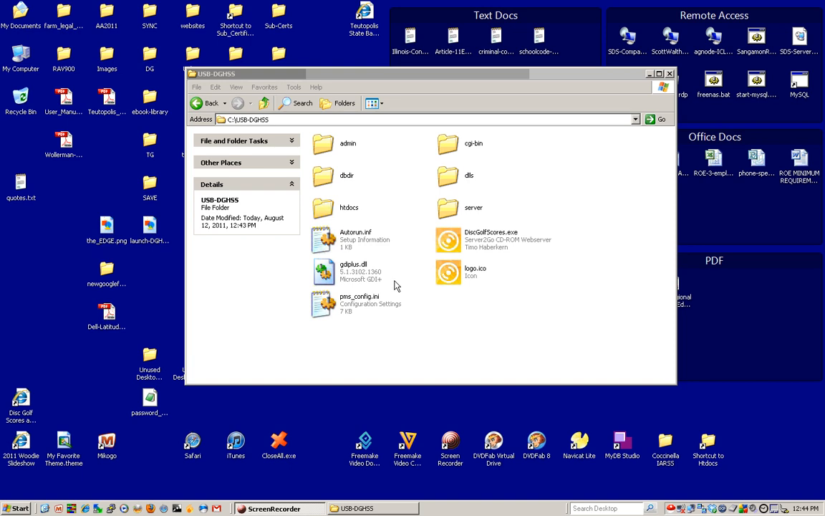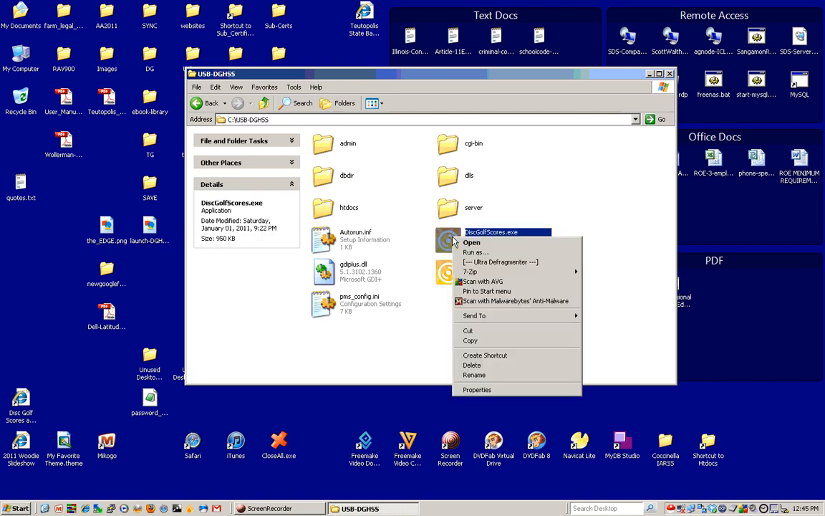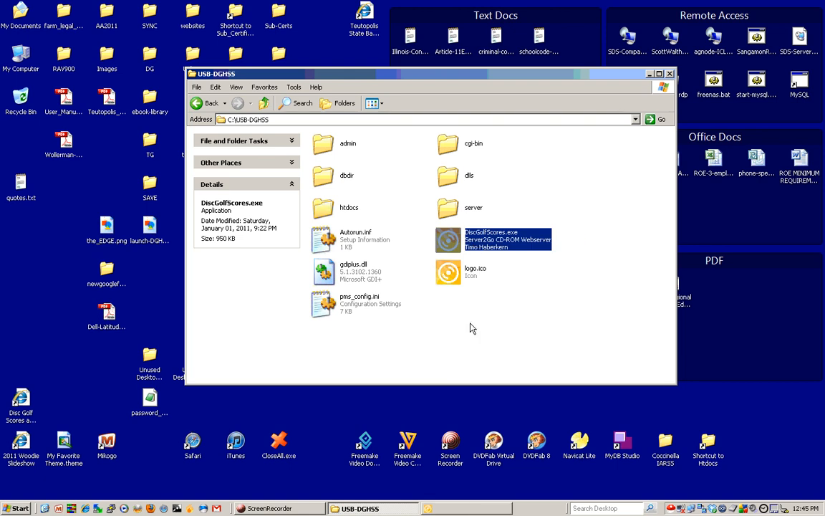Okay, well, if you've downloaded the Disc Golf Handicap scoring system and you've unpacked it, then you should wind up with a USB DGHSS directory, and in there are a number of folders and files. And what you'll want to do is double click or right click and open the Disc Golf